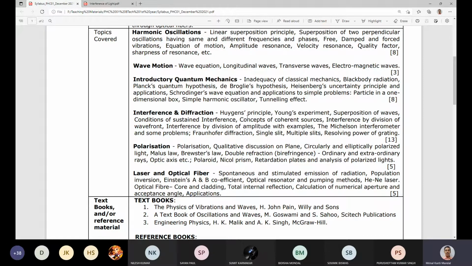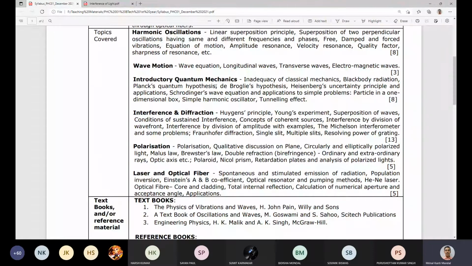Sir, one question. Yes. Sir, will this whole course be taught by you or by some more faculty? Another faculty, right? That is harmonic oscillator, wave motion, and introductory quantum mechanics. These three topics will be taught by another teacher, Dr. Sahu. He will start his class maybe next class or the class after next. So the first 3 units will be discussed by another teacher. The last 3 units, that is the optics part, we will discuss. Is it okay? Yes, sir. Okay.